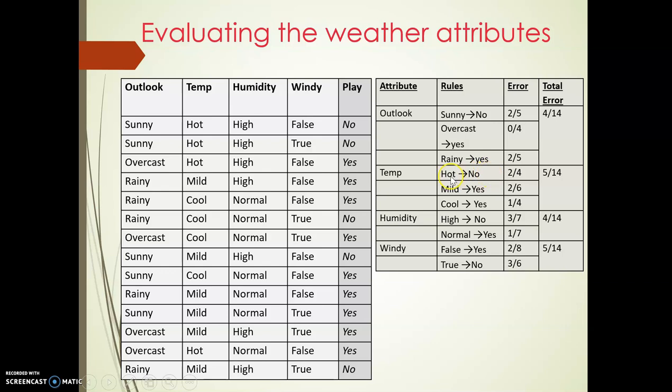For example, for the hot, there are a total of 4 hot values here. So out of 4, how many are with no and how many are with yes here? You can see among these first 3 itself, 2 are no and 1 is yes. So one more is here, hot with yes. That means the decision majority is no here. So the total error is, and there is actually a tie here. So you can go for considering the first value that has been taken within this table here. So hot with no, the error is 2 by 4, and similarly you can go for calculating for mild also, and for cool, and for the rest of the attributes here. So already I told you how you can calculate the total error here.